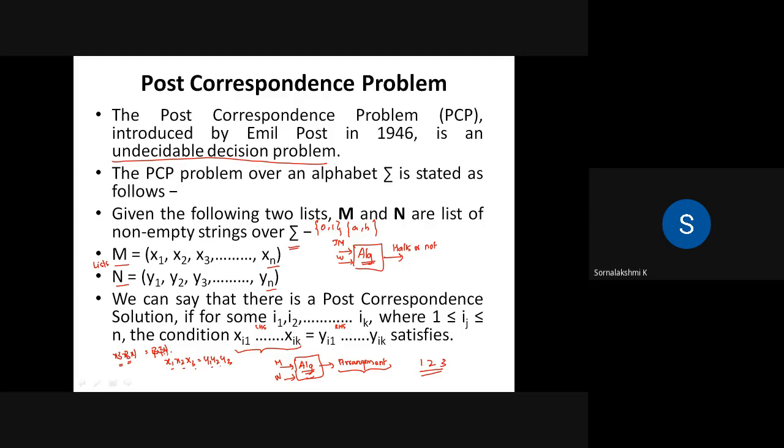You can repeat any number of times, you can ignore some strings, you can arrange in any order. Given all this flexibility, writing a generalized algorithm that holds good for any list with any length over any alphabet is not possible. So this problem again becomes undecidable. We will have a dedicated proof of how we are saying that this problem is undecidable. As we saw, reduction,